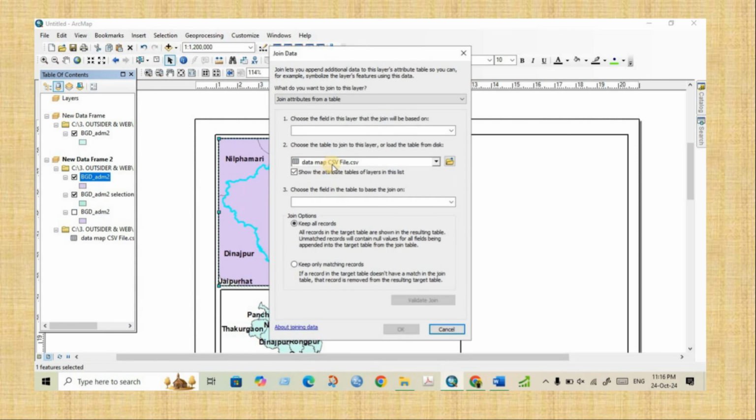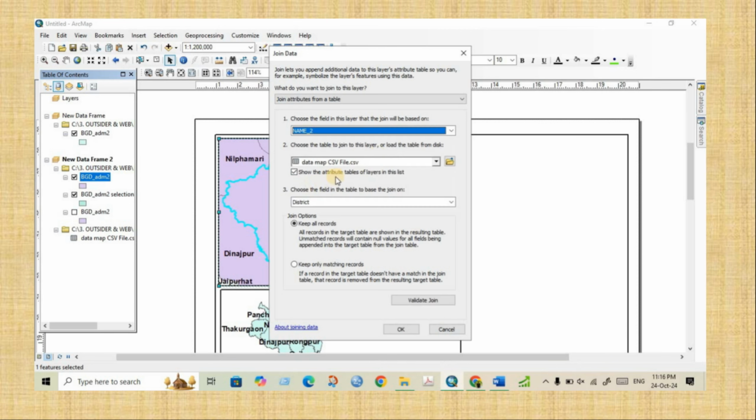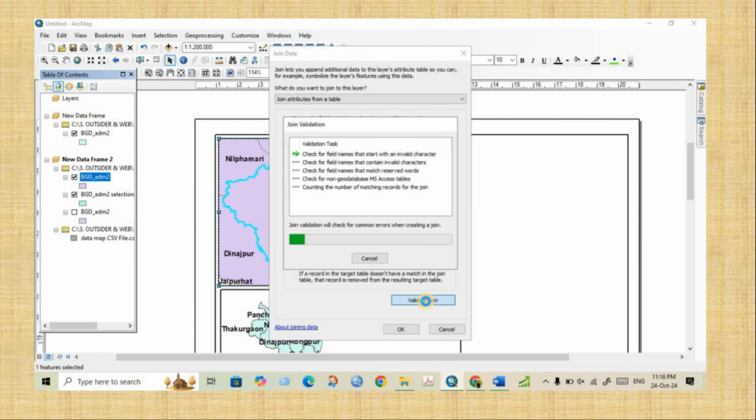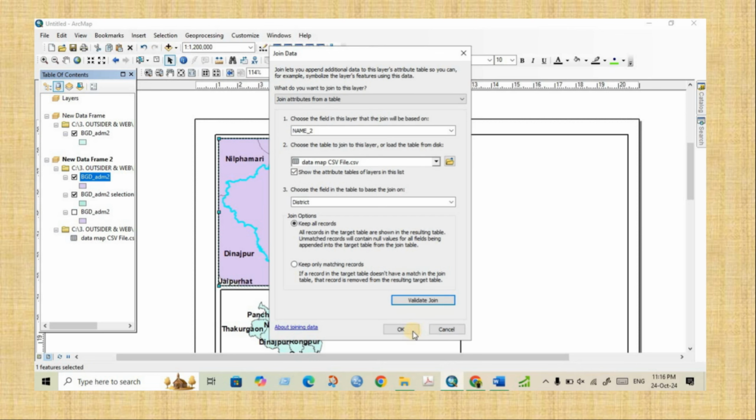Here you can see that this is the name and this name. Join attributes from a table, then we will join the data according to the district, name of the district. That is why we will select here, and that is why we select name 2. Then this is the district, then we check 65 match with 65. That sounds good. Then okay,